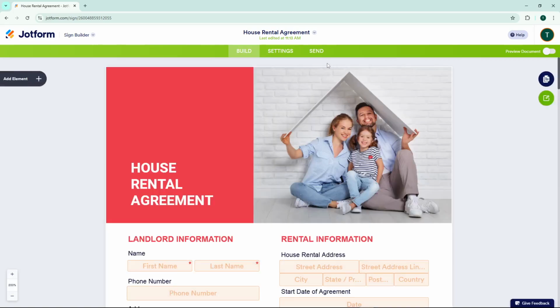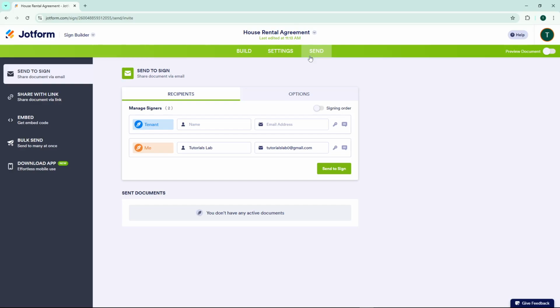At the top of the builder interface, you'll notice several tabs. Click on the Send tab. This is where you'll configure all the settings related to sending your document to recipients. The Send tab gives you control over who receives the document and what security measures you want to put in place. In the recipient section, enter the name and email address of the person you want to send the document